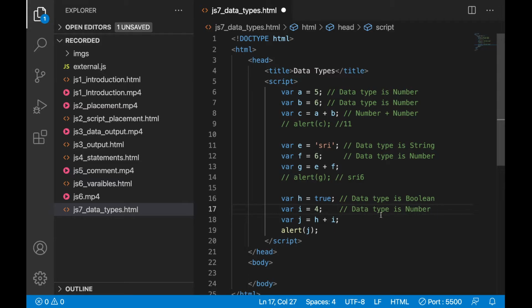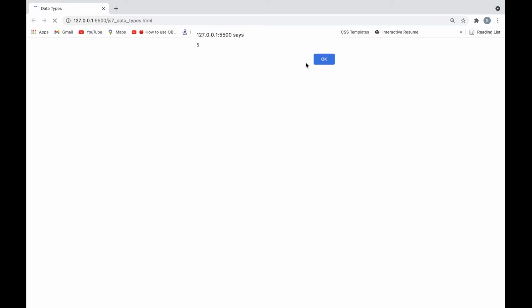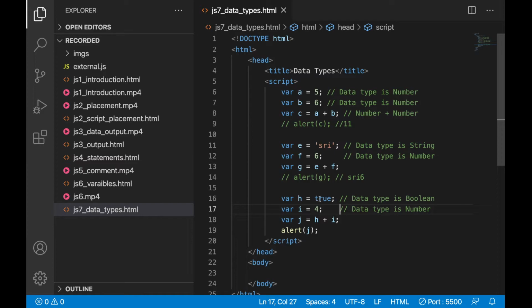Let's see in the browser. 5 is coming. How? Here we used a boolean, here a number. How do we add it? 2 plus 4? How does it become 5? Because while adding, subtracting or doing any mathematical operation, JavaScript will consider true as 1.